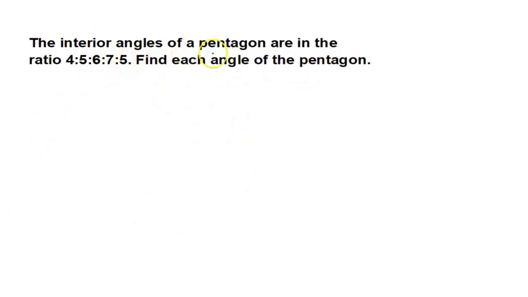The interior angles of a pentagon are in this ratio. Find each angle. So first of all, we are talking about a pentagon. So we find the sum of all the interior angles. That should be (n minus 2) multiplied by 180 degrees. So 5 minus 2, that is 3 into 180 degrees. So 540 degrees. So 540 is equal to,